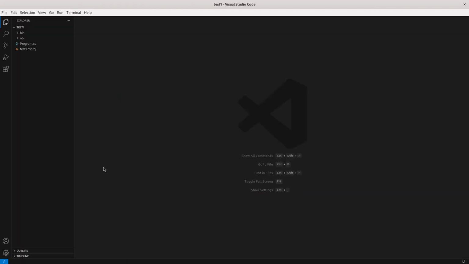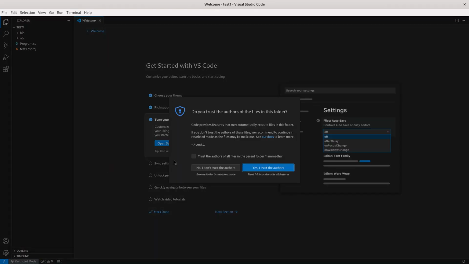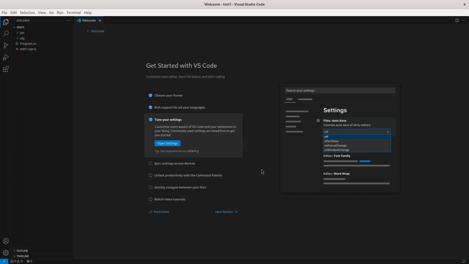But here the difference compared to normal Visual Studio on Windows is that you will do everything, like file opening and then running. You can do the debugging, everything you can do, but it's a little different, not completely comfortable like Visual Studio in Windows. Okay, yeah, that's all. The purpose of this video is how to fix the .NET SDK installation issue, because we have seen many videos and many links, and nowhere are they explaining this. This is a very simple, basic one, and this is what I mentioned